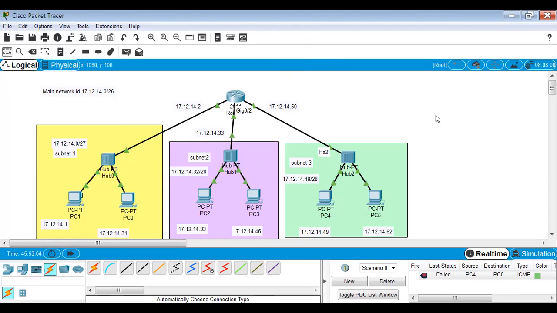So this example will show you how the addresses are not wasted and only the relevant addresses are given to each network. So if you have a class A address and it is not used, you can actually subdivide and allocate it to different organizations. So that's the advantage of subnetting. We'll see other advantages of subnetting in the next examples.